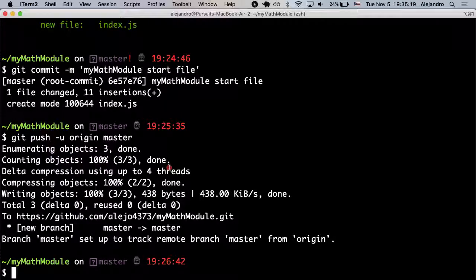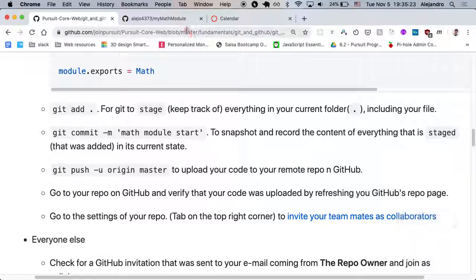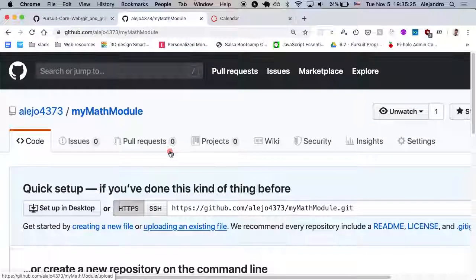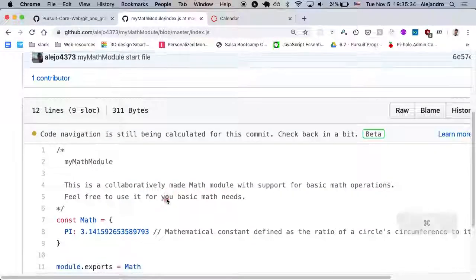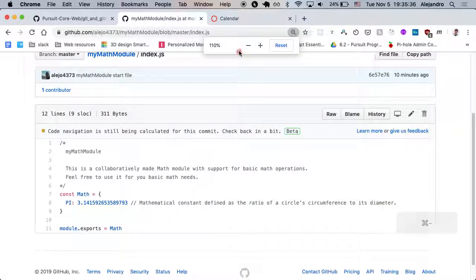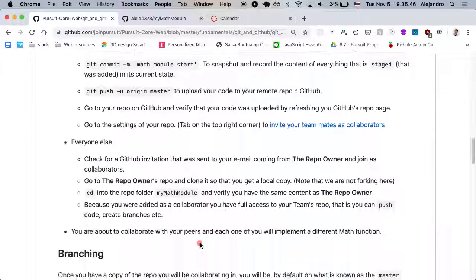Cool. So everyone was able to see their code once you refreshed your equivalent to this page. You should see now that you have an index.js and the content of your file is there. Just double check that you are seeing your code on GitHub. Cool. Now, the next step is,